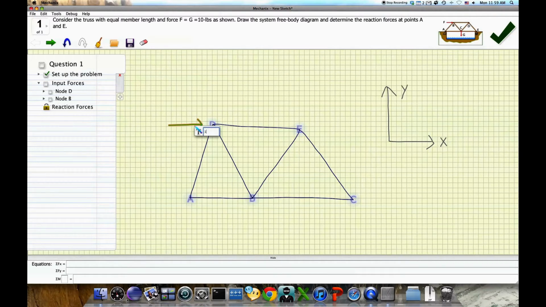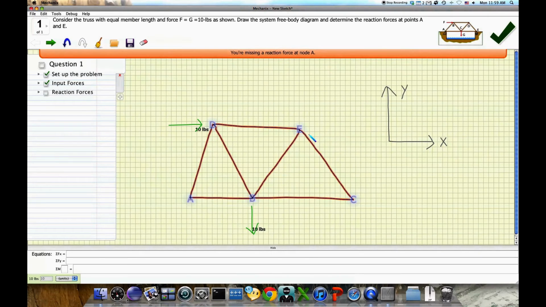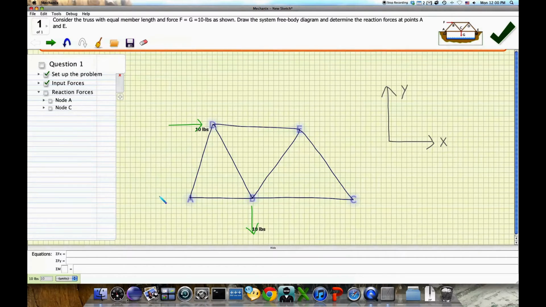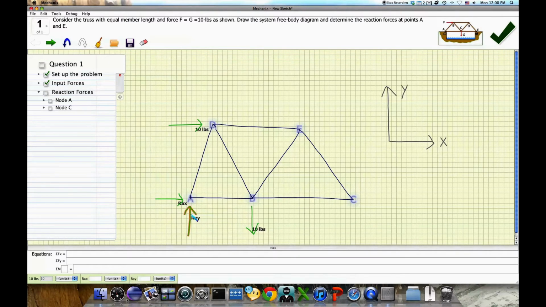So now we'll add input forces as the checklist scaffolding says to. We'll check again. And great, we're ready to move on to reaction forces. So we'll draw those, starting with RAX. Oops, that's supposed to be RAY. And now RCY. We'll enter our calculated answers in the boxes, select units,